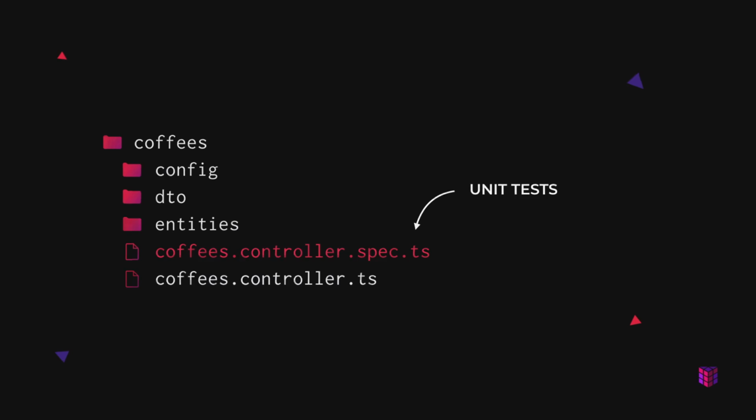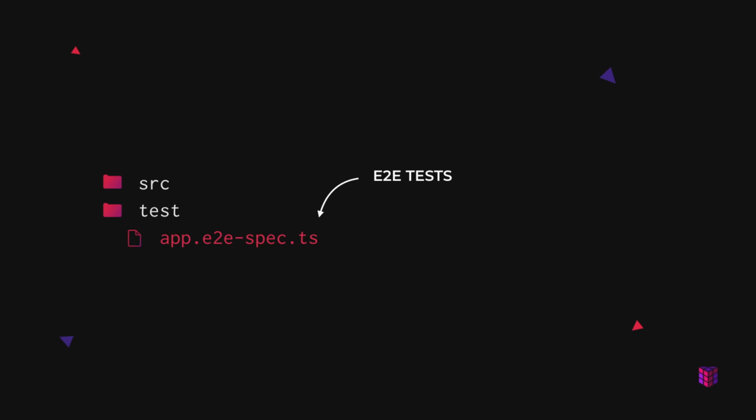For end-to-end tests, these files are typically located in a dedicated test directory by default. End-to-end tests are typically grouped into separate files by the feature or functionality that they test. For end-to-end tests, the file extension must be .e2e-spec.ts. While unit tests focus on individual classes and functions, end-to-end tests are great for high-level validation of the entire